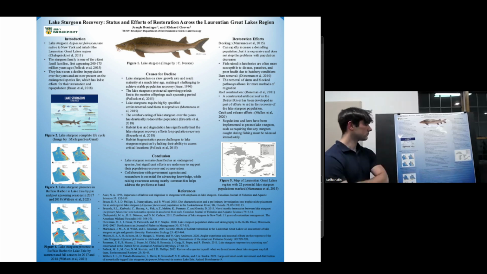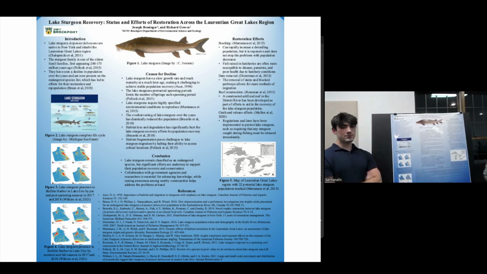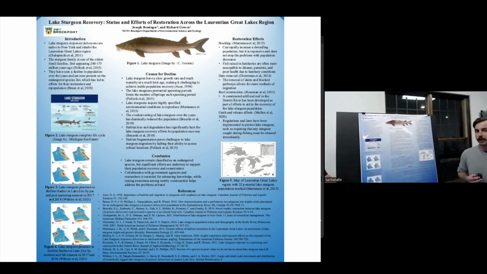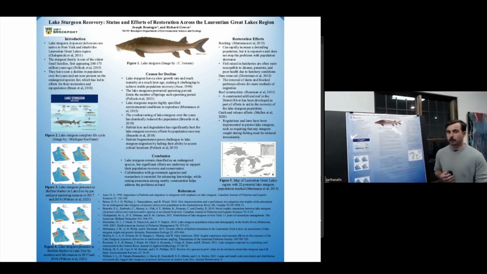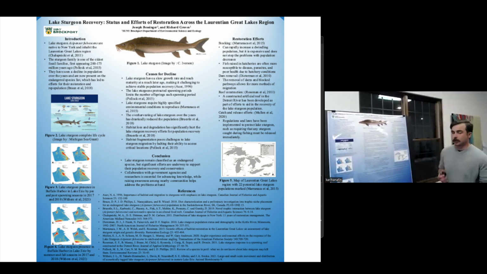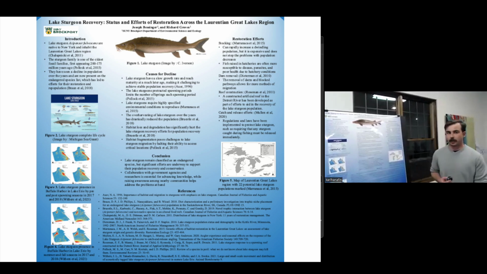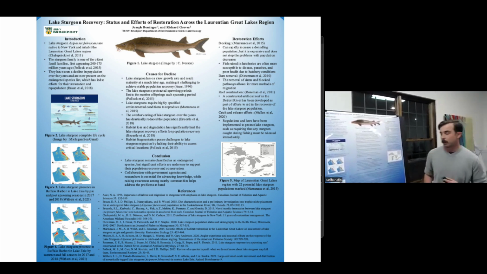So in terms of restoration efforts, New York State specifically has put an extensive amount of funding into the hatchery programs producing these fish. However, it does come with its issues, as New York State specifically stocks these fish at the early juvenile stage. So that comes with problems. You can't guarantee the survival of these fish for another 10 to 15 years, because when we stock them, we don't stock them at sexual maturity. So these aren't spawning fish when we put them into these systems.